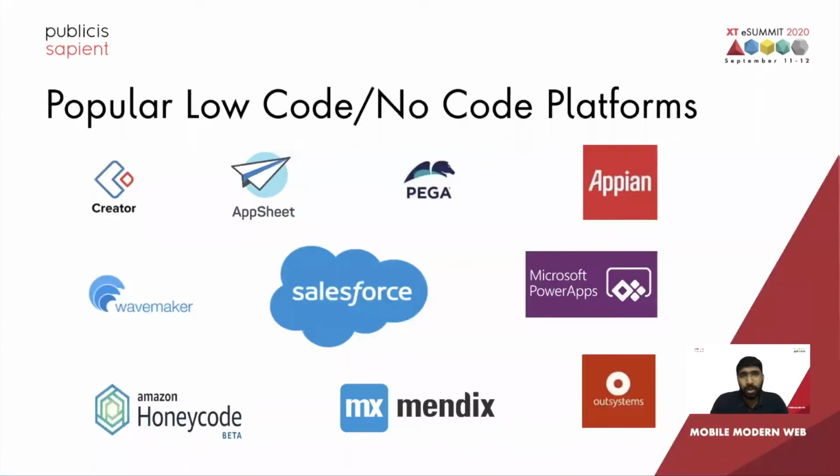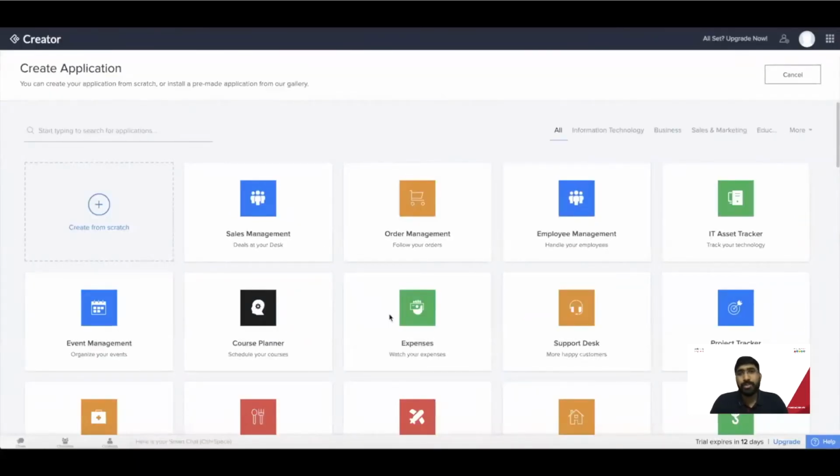While I was exploring low-code, no-code platforms, I got a lot of options like Zoho Creator, Appian, Mendix, OutSystems, and lots more. It's worth mentioning that tech giants like Google, Microsoft, and Amazon have also started investing in these platforms. AppSheet, which was recently acquired by Google this year, is a no-code platform, whereas Amazon has come up with Honeycode, which is again a no-code platform as a service. And if you have MS Teams installed in your system, you can explore Microsoft Power Apps. To help out Pawan, I'll be choosing Zoho Creator today.